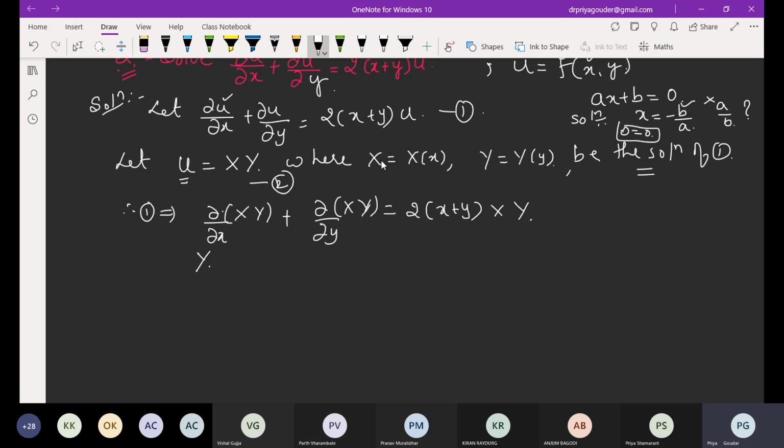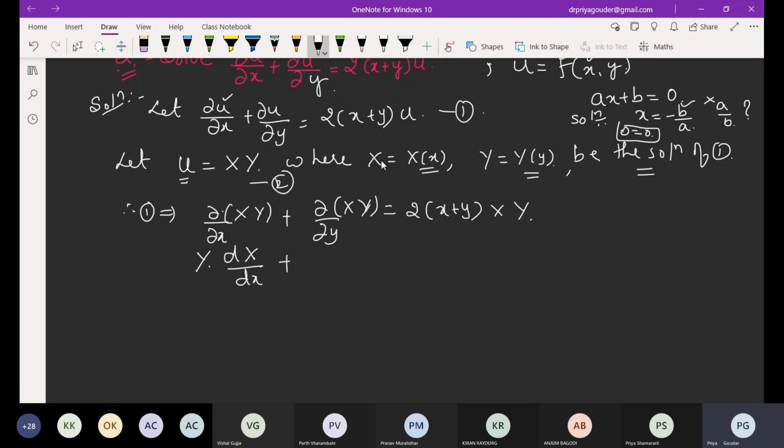Only one. So if the dependent variable depends on only one independent variable, how do we write the derivative? If you remember the second method, if it is a function of only one variable, we write it as ordinary d capital X by dx. Hope that part is clear, because capital X is a function of only one variable, so you can write it like this.